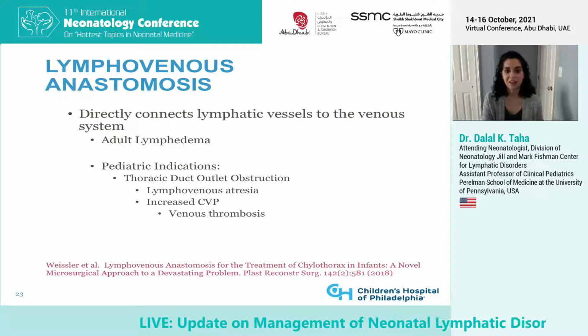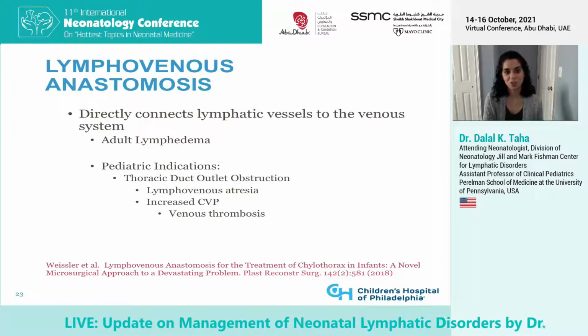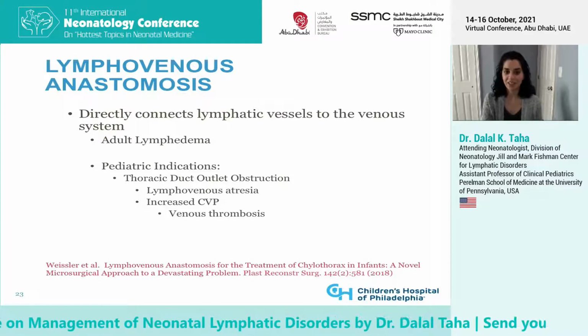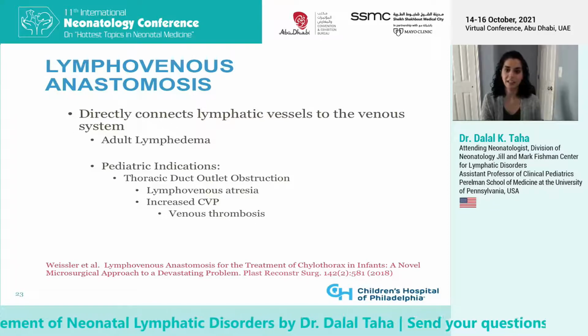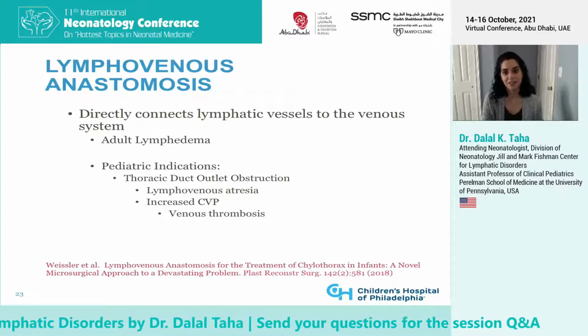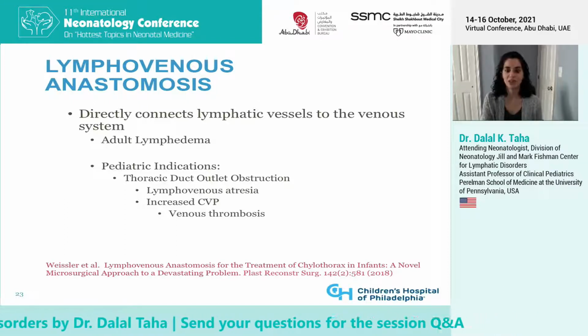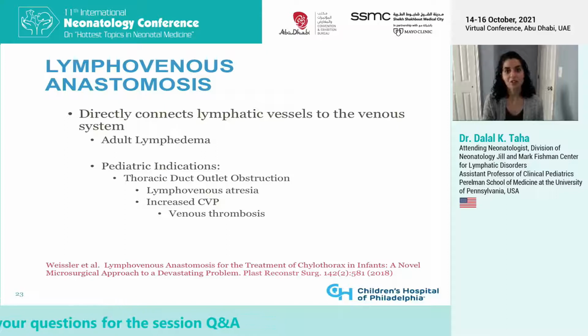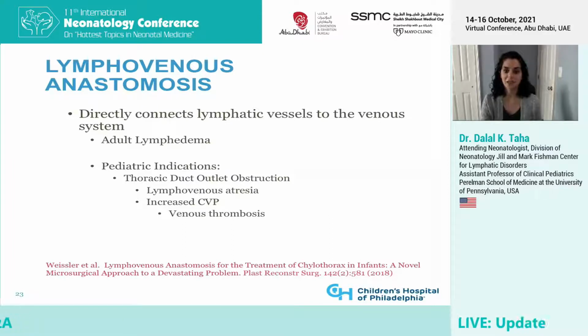If a thoracic duct outlet obstruction is found on imaging, the treatment may be a lymphovenous anastomosis. In this intervention, a lymphatic vessel in an affected area of the body is connected to the venous system in that same area. This allows the excess lymph to drain directly into the venous circulation, bypassing the abnormalities. Historically, this technique has been used for many years to treat adults who undergo lymphadenectomy for cancer and then go on to develop lymphedema. More recently, this technique has been used in infants who have had thoracic duct outlet obstruction.